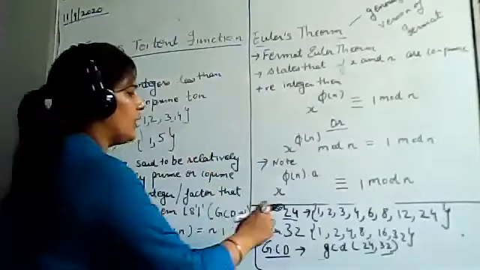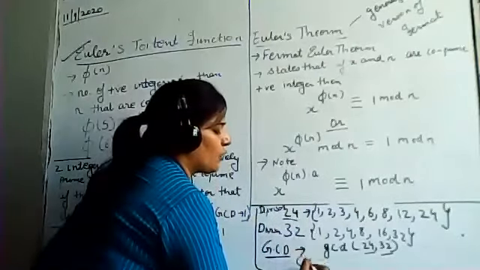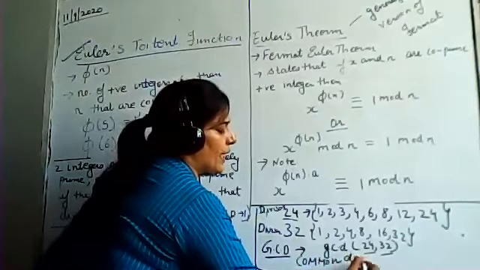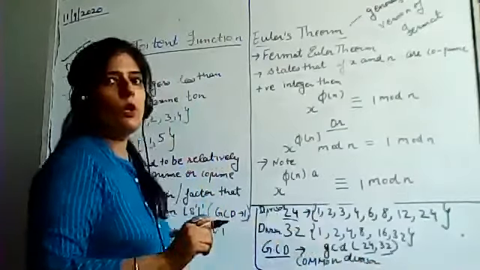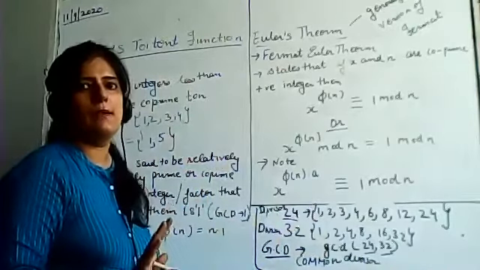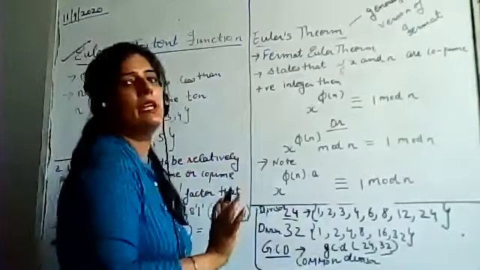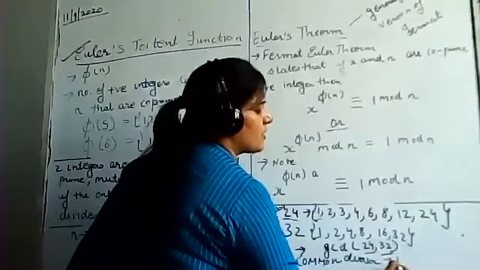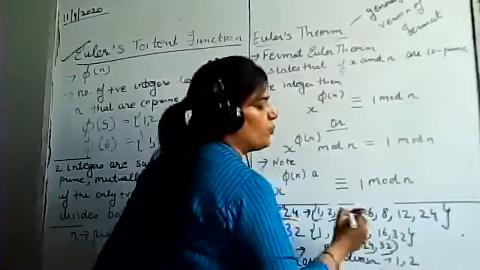Fine, so all these are the divisors. Now the next thing is that I will find the common divisors in both the sets. What are these common divisors? Any number that is common in both the sets is a common divisor. Like in my case, 1 is present in both the sets, so the first number is 1. Then we have 2, and we have 2 over here.